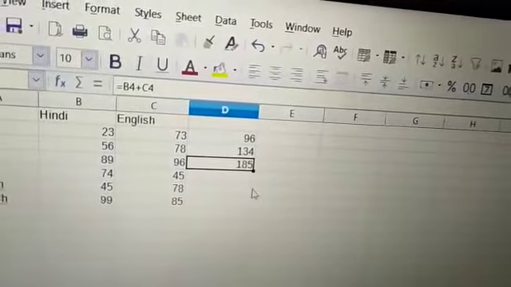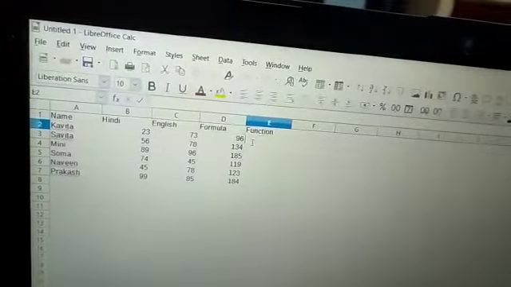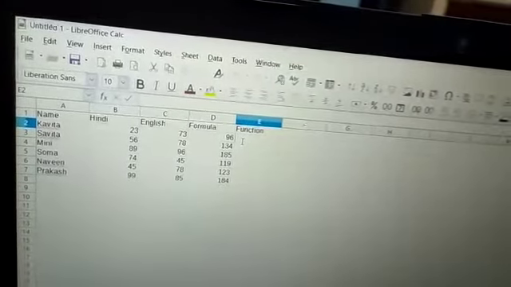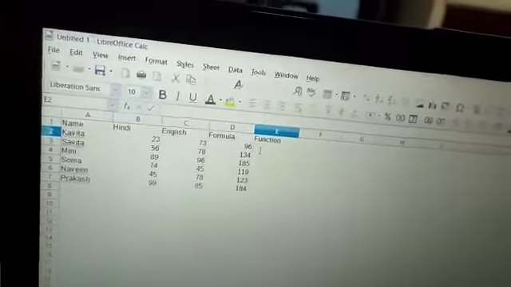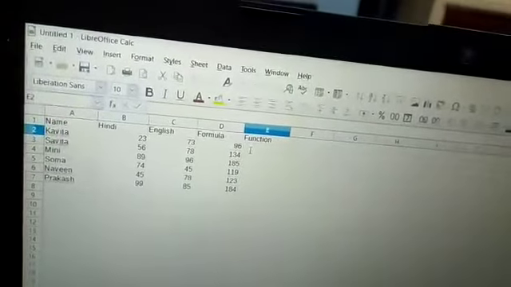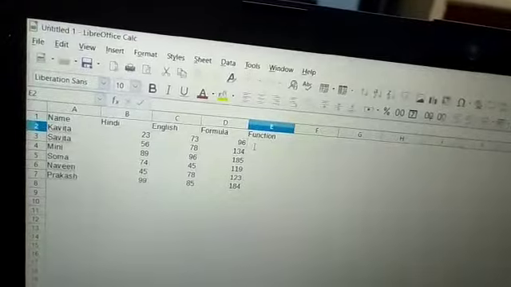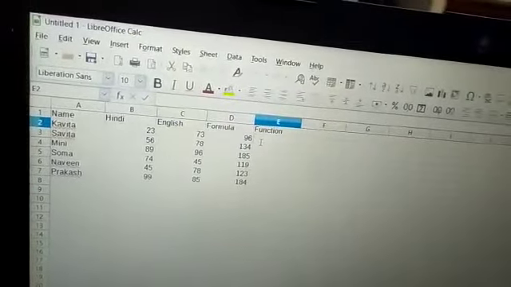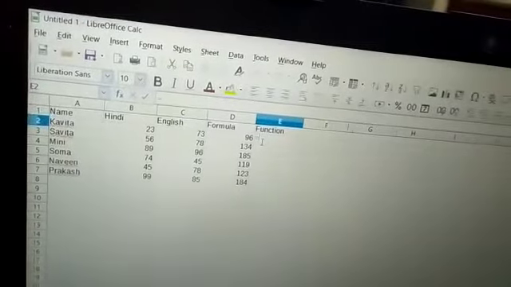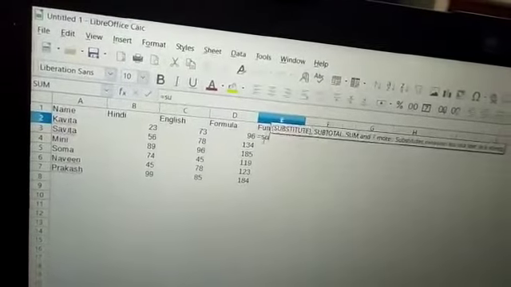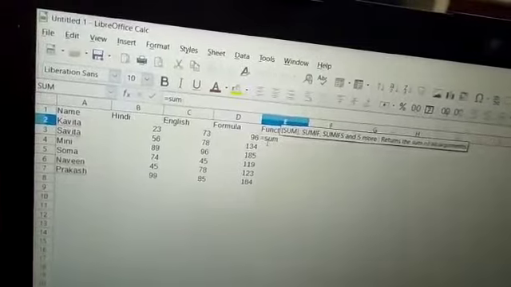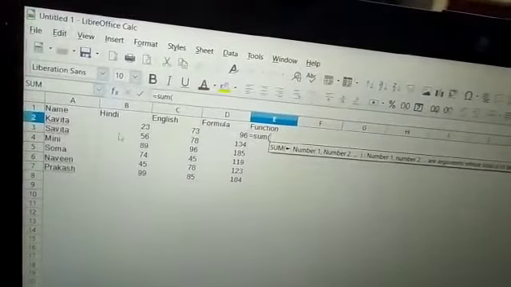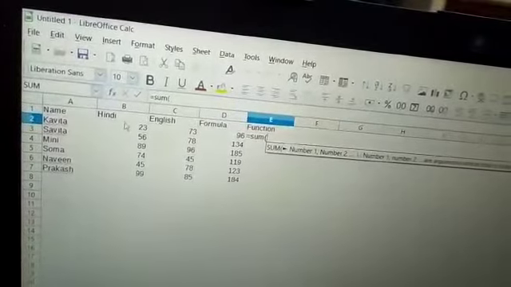Now we can also do these operations with the help of functions. Functions means what? These are predefined formulas in a calc. For example, I want to do a sum with the help of a function: sum equal to. For sum, we use the sum function, then open bracket, then select the range.